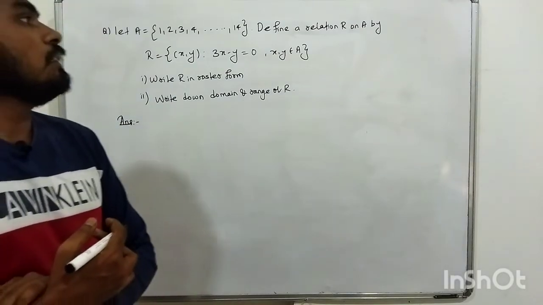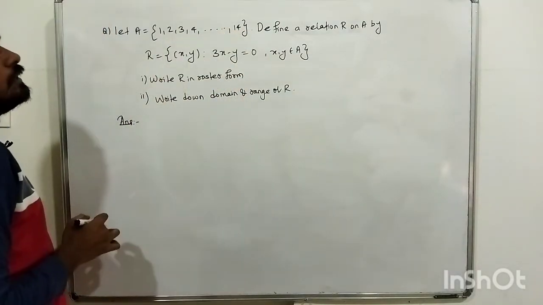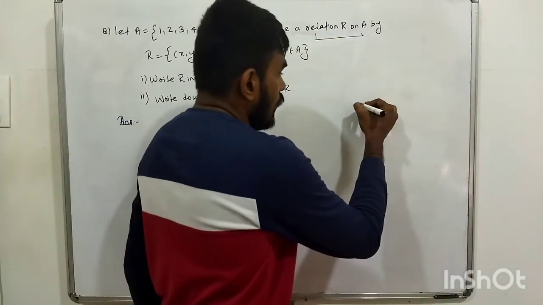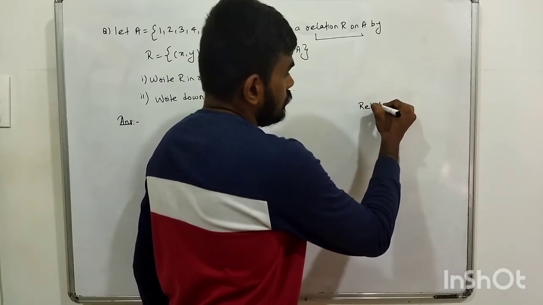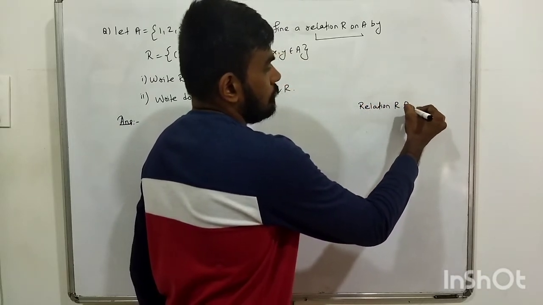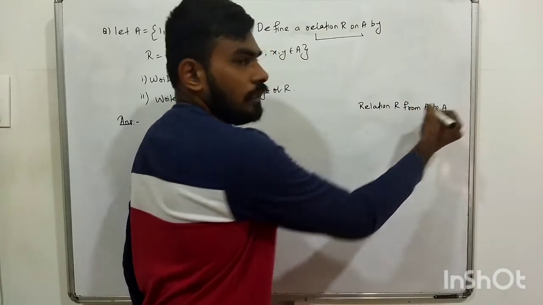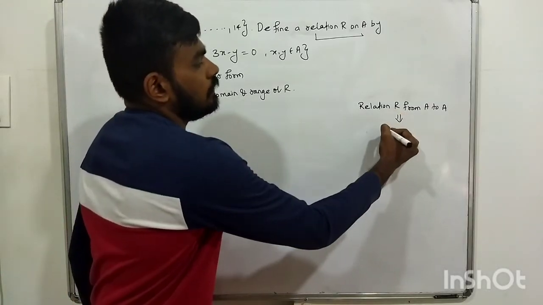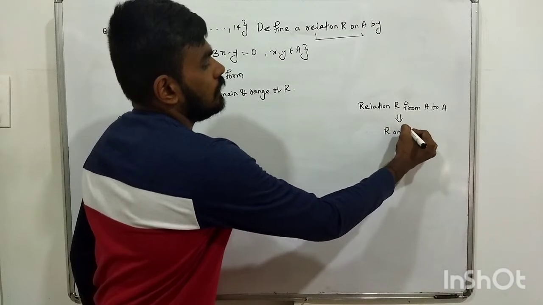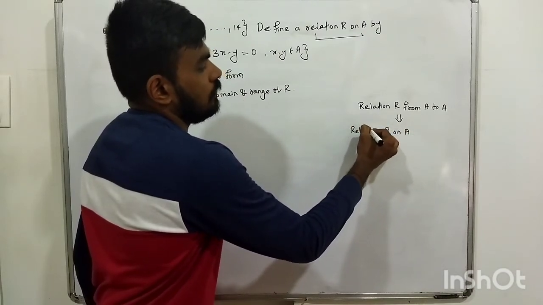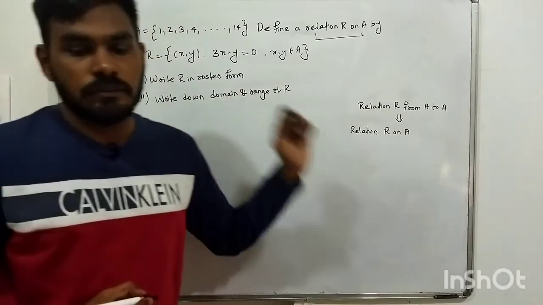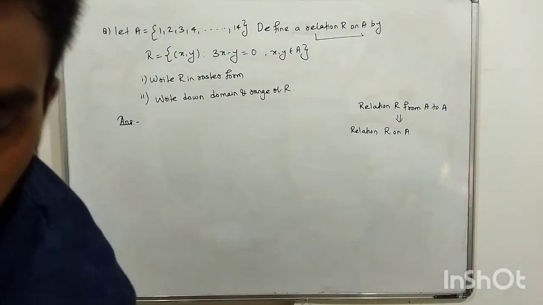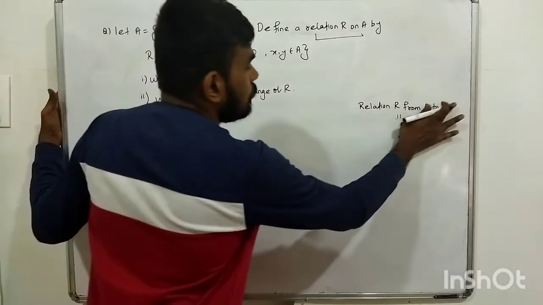And just remember. See, let A is equal to 1 till 14. Define the relation R on A. Just remember this. Relation R from A to A can also be written as relation R on A. You can write relation R from A to A like this also directly: relation R on A, like how it is written here. Remember this. That means relation R from A to A means both sides